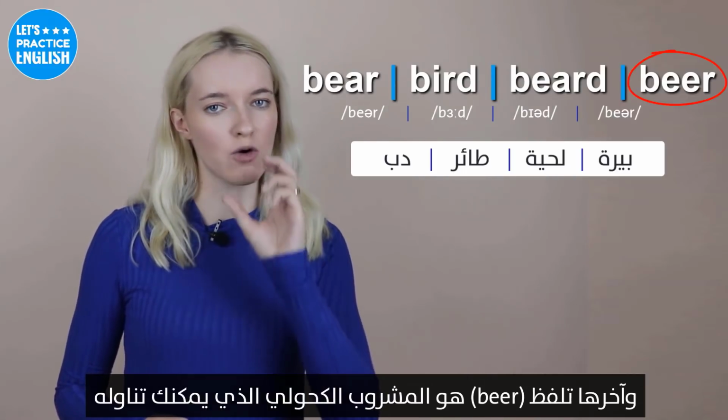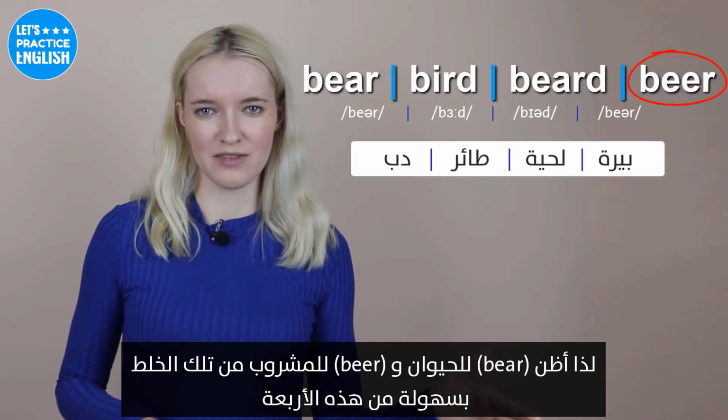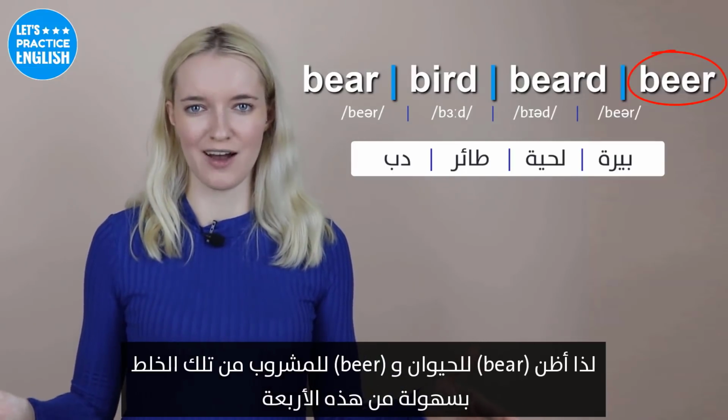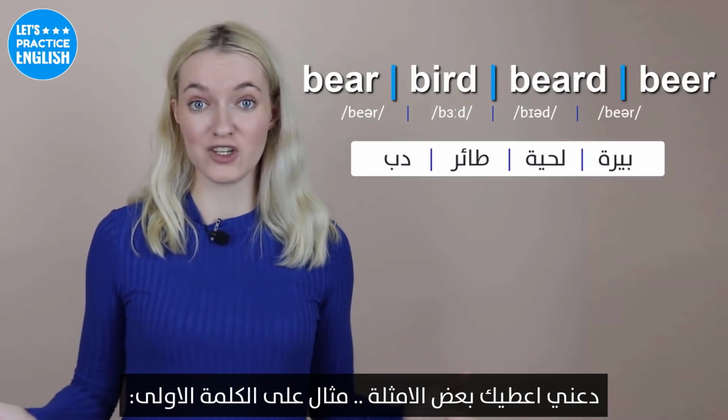Now beer is the alcoholic drink that you can have. So I guess bear, the animal, and beer, the drink, are the most easily confused ones out of these four. Let me give you some example